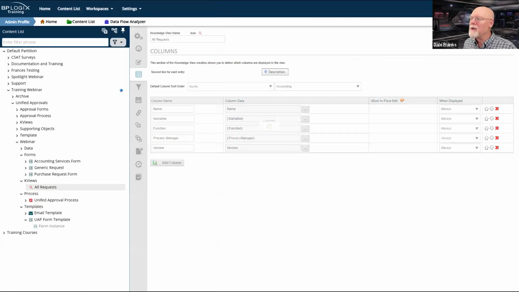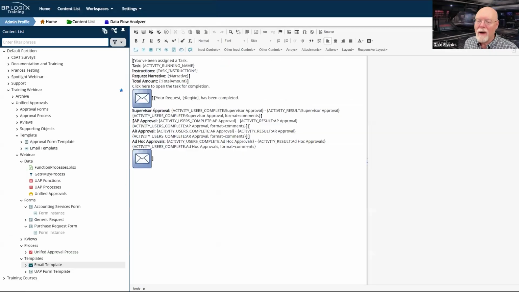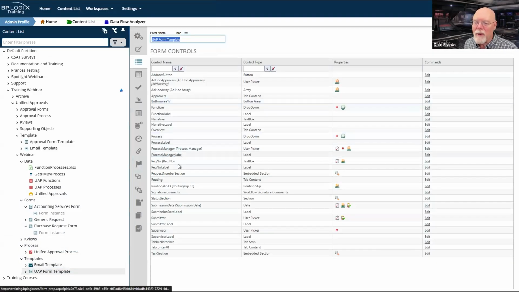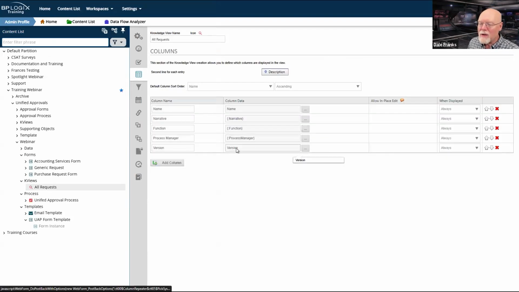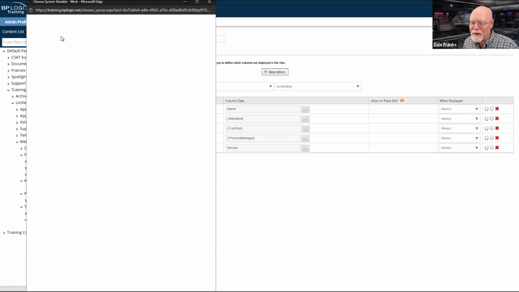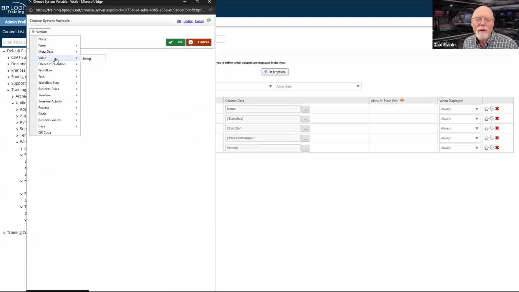Not entirely sure, but I think it's the field name. I can check real quick. Let's go to my form template. Is it process manager? It is process manager. I got it right. So I've got these three fields. Let's add one. Well, I don't have too many fields on this. Let's go with process, even though we know what the process is, but we'll get ourselves some form fields.